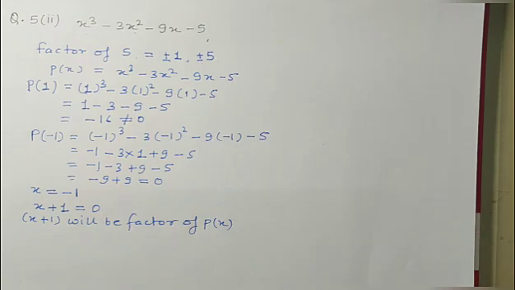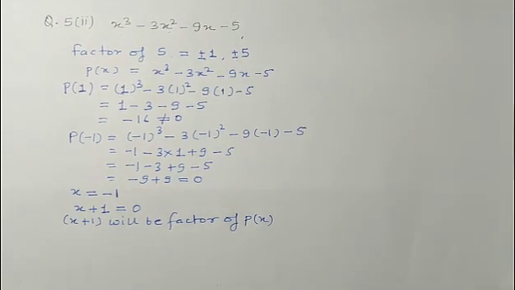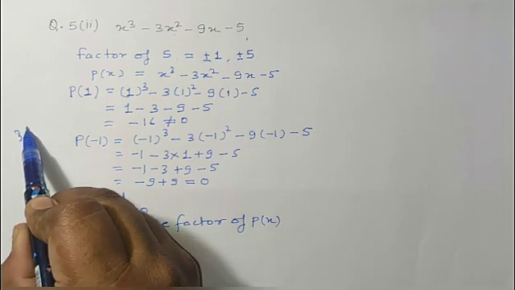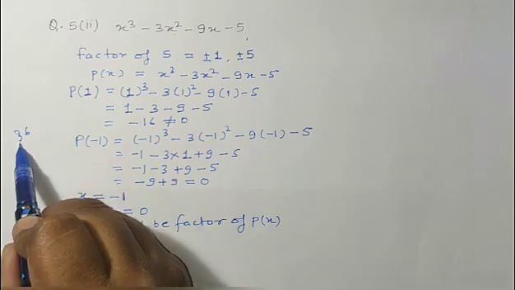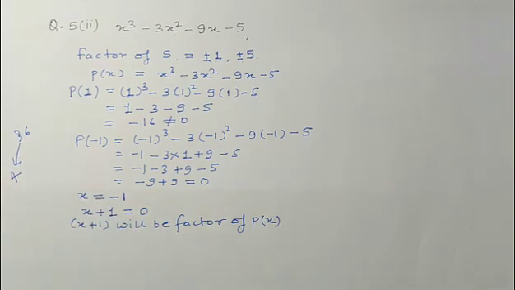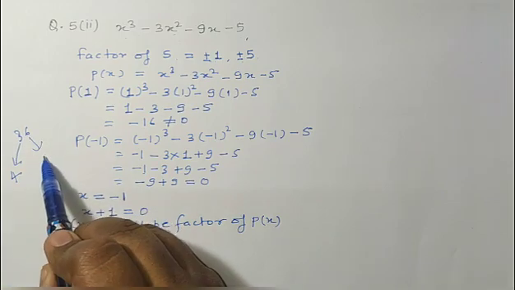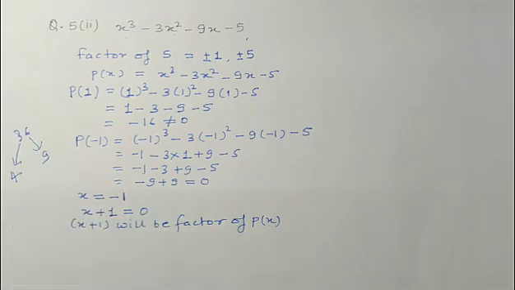Now if we have one factor and we want to find the other factor, how can we find it? Suppose there is a number 36. One number we have found, that 4 is a factor of 36. How can we find the other factor? If we divide 36 by 4, we get the other factor, that is, 4 nines are 36. Like this we will find the other factor.